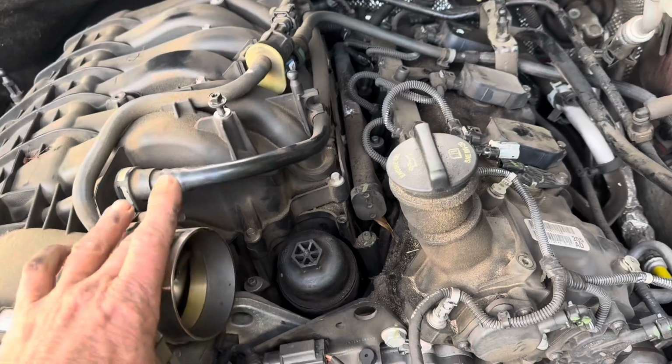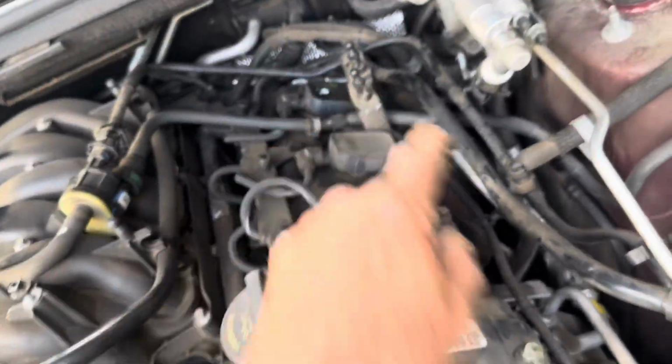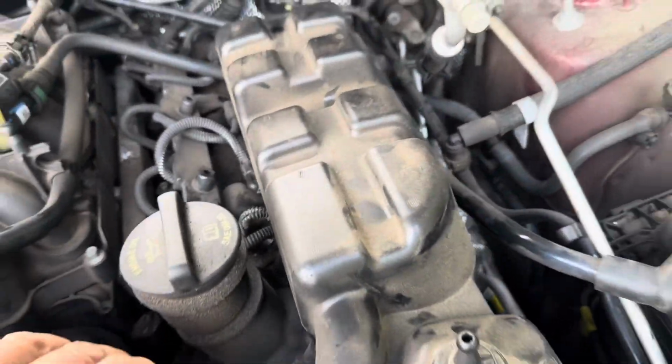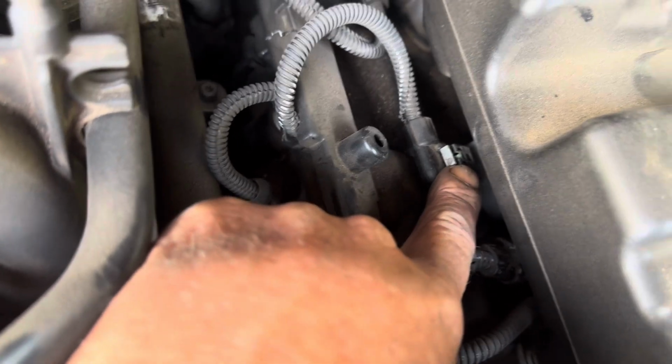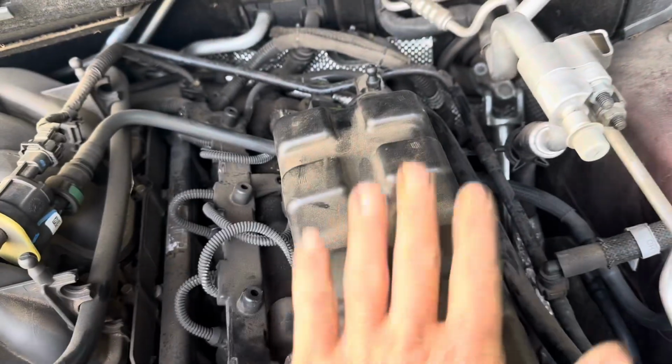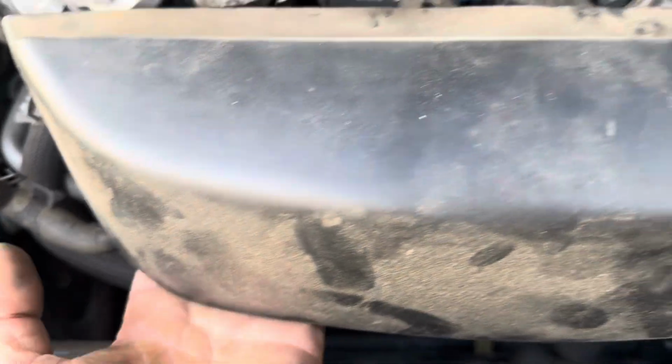But to take the intake manifold or intake plenum box off, just loosen that one screw. There's a clip here and a clip there, and then pop those two clips there. So now with the intake air box back on here, you can see you can't get to the VVT solenoid because it's right there. So this cover's held in. There's a clip right here. Just pop it up. There's a clip down here underneath that it's just a rubber clip that it's sitting in. And then you pop that clip right there,